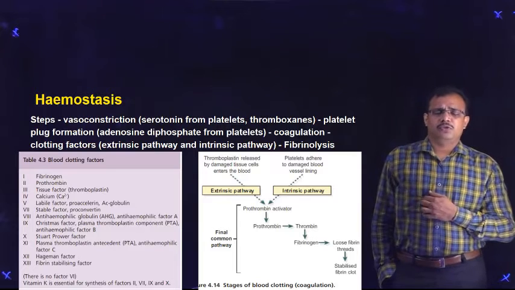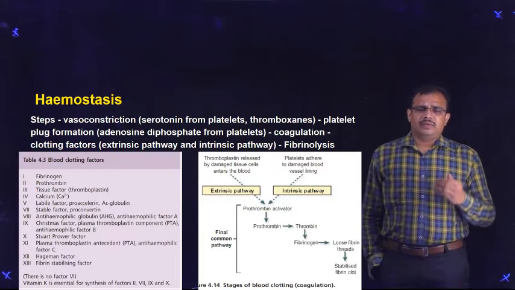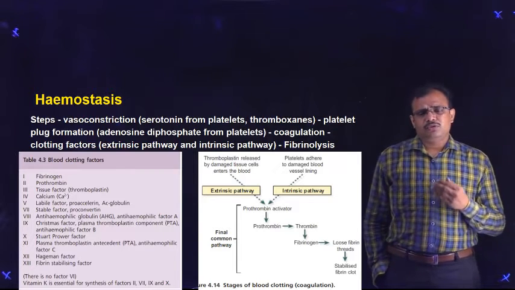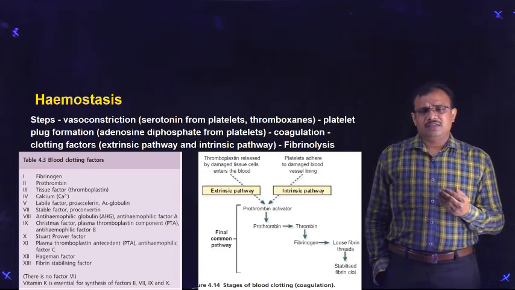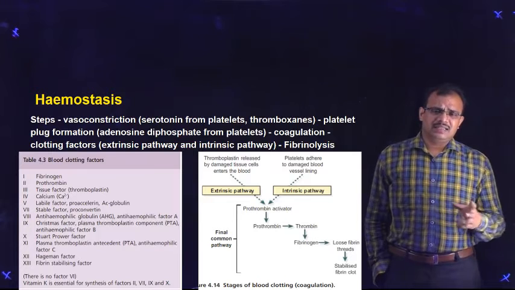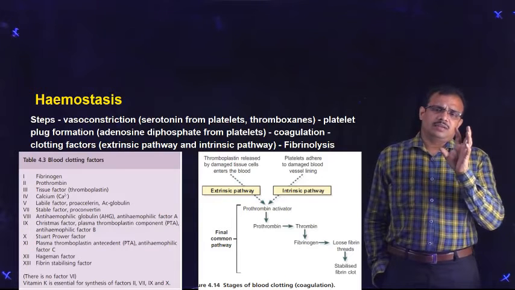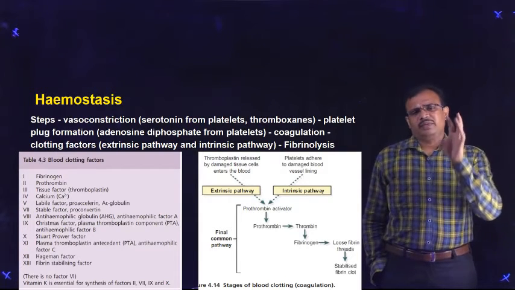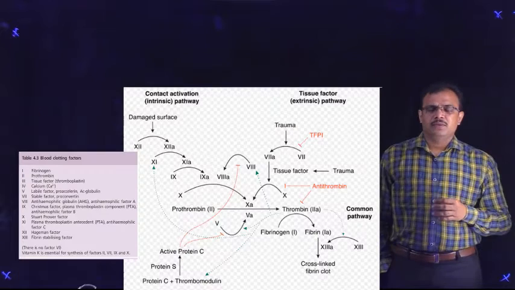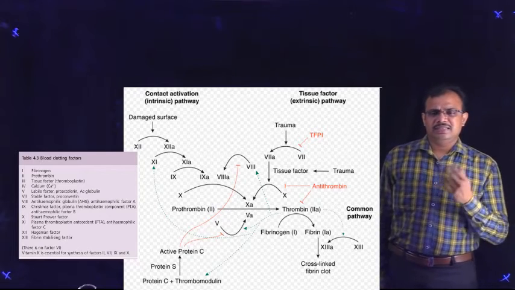And both the extrinsic pathway and intrinsic pathway lead to a final common pathway, which leads to formation of a prothrombin activator. After this prothrombin activator is formed, the prothrombin is activated to thrombin, and this thrombin will convert soluble fibrinogen into insoluble fibrin threads, and these fibrin threads will form a meshwork on the platelet plug, which will allow the platelet plug to remain in that particular position for a prolonged time till that blood vessel is repaired.